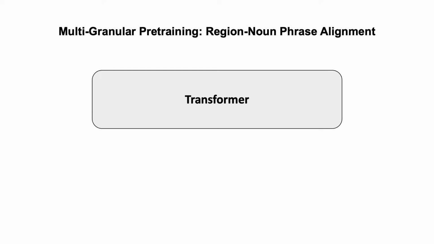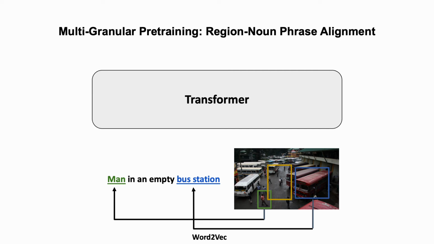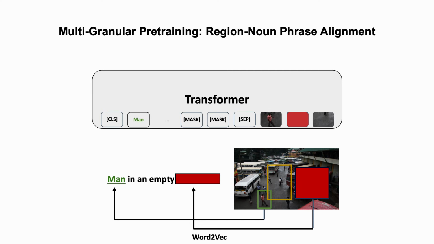We also propose to align the noun phrases and the image regions to generalize the local cross-modal alignment to more vocabularies. Given a pair of weakly aligned image and text, we first detect the noun phrases, and then assign the noun phrase to a detected bounding box as a pseudo-label if the word2vec similarity between the noun phrase and the object tag of the box is higher than a certain threshold. During training, we randomly mask a detected noun phrase or bounding box region. Then we apply masked language modeling and masked region modeling to predict the masked noun phrase or the assigned pseudo-label.